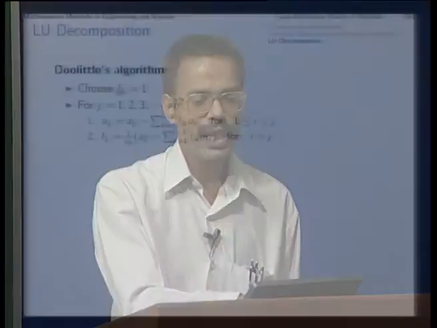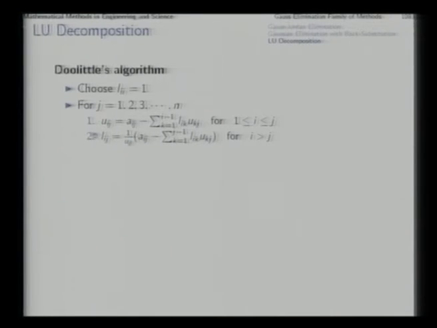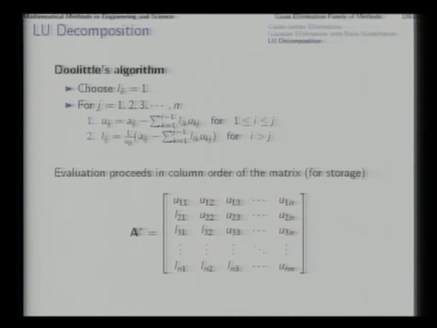So, after choosing Lii as 1, what is done here is written in algorithmic form, which you should later verify at leisure, but currently look at this. After assuming L11 to be 1, you should determine U11 in this order. First determine U11, then L21, L31, L41 and so on, then U12, U22, and then the subdiagonal entries from L, then the super diagonal and diagonal entries of the third column of U, and then the subdiagonal entries of L below the third entry, which is known to be 1, and so on.